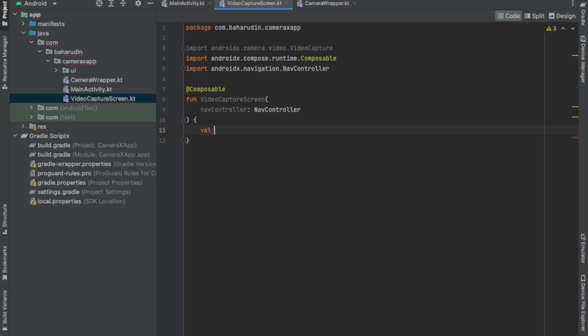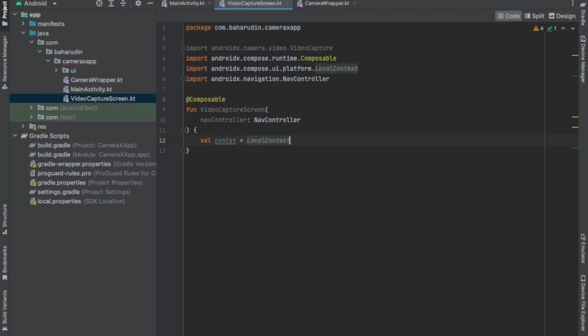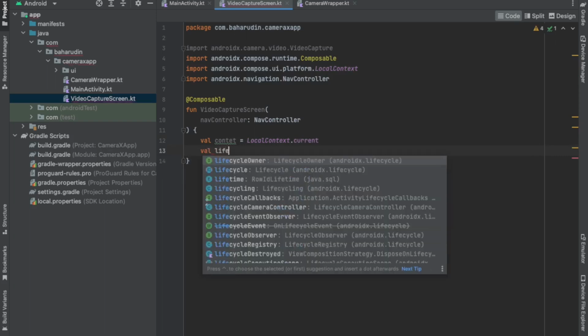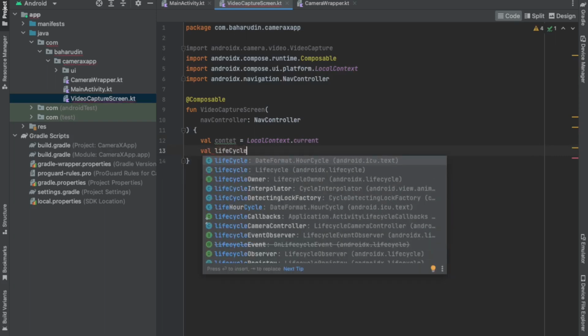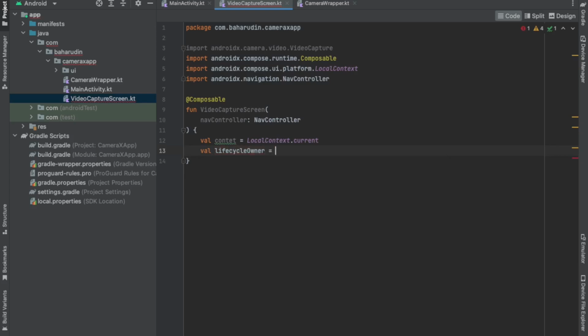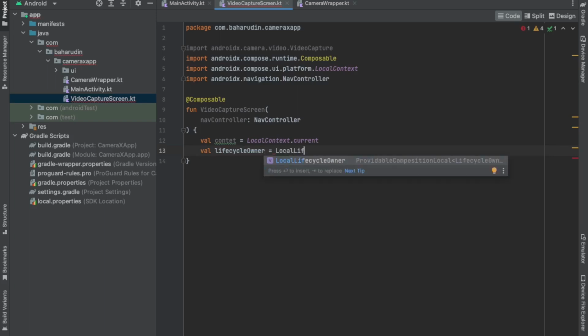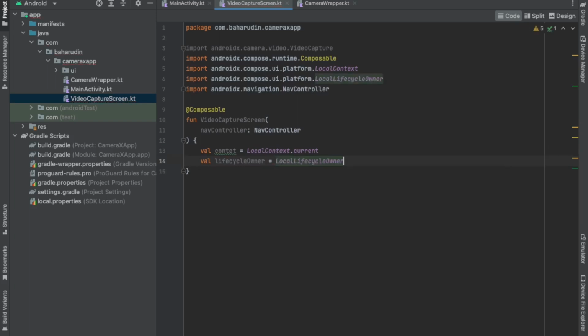I will add the context is equal local context current, and then I will add the lifecycle owner again, which is a local lifecycle owner dot current,